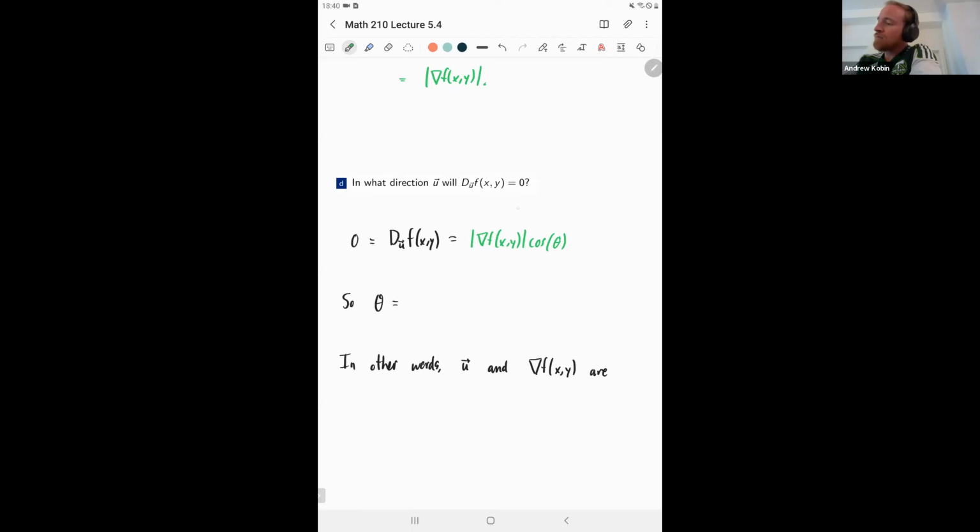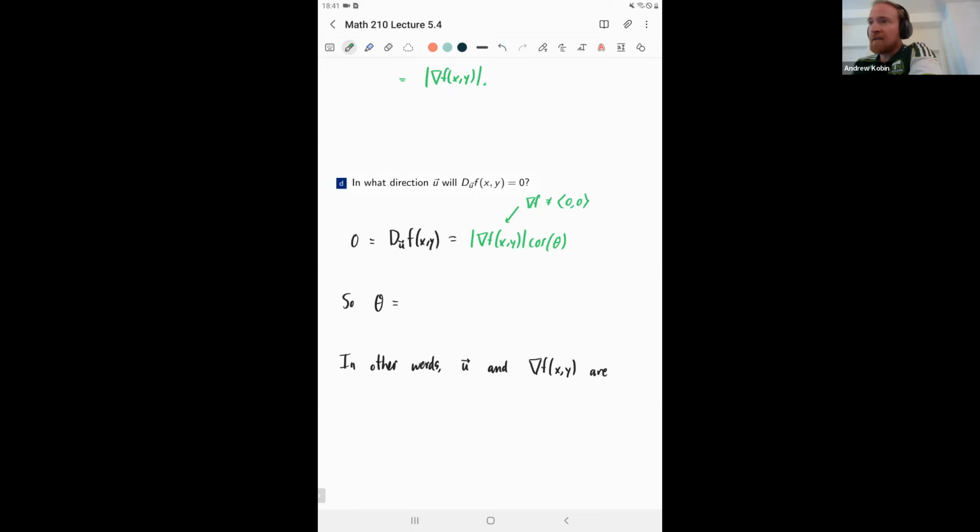cosine of theta, and let's assume that the directional derivative is, sorry, I said direction. I really need to say the gradient vector, nabla f, is not the 0 vector, so it's actually pointing in some direction here. At such a point, that means that cosine of theta has to be 0, and the only place in the